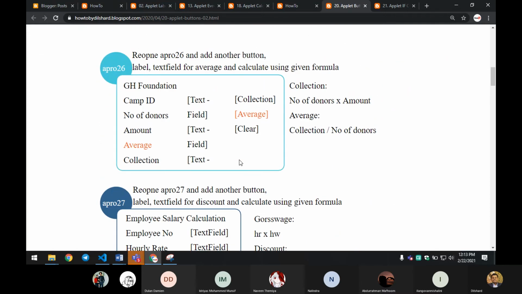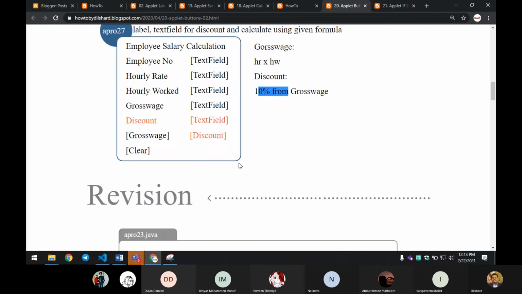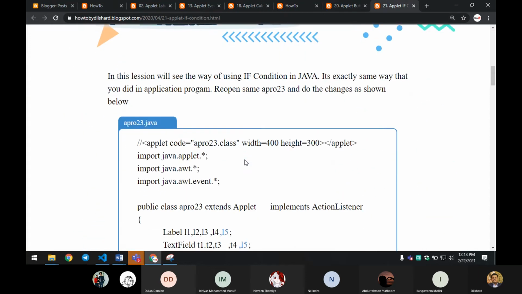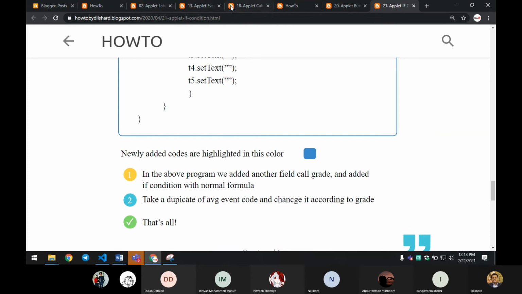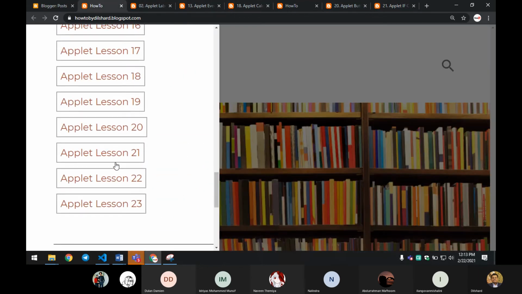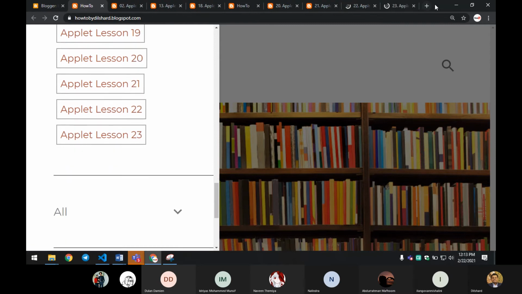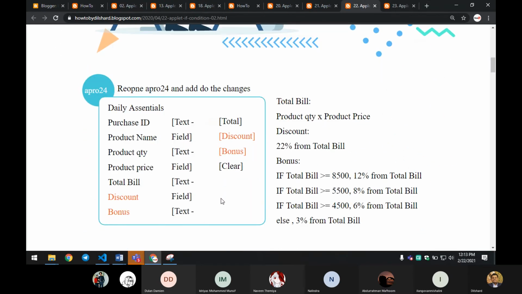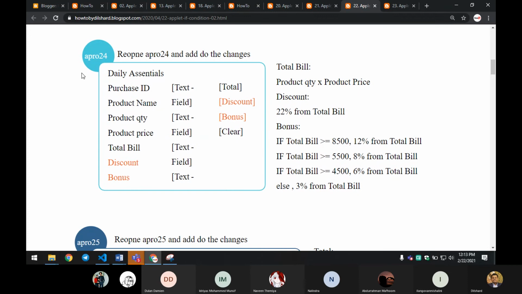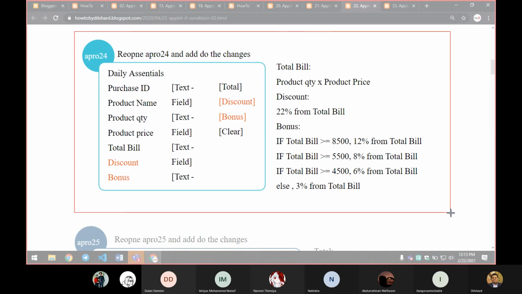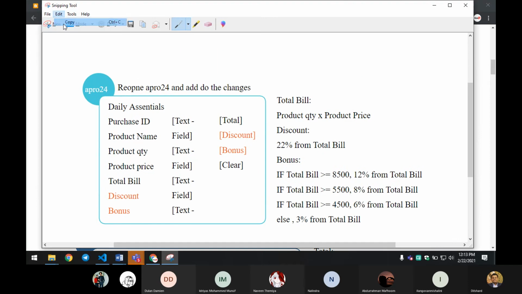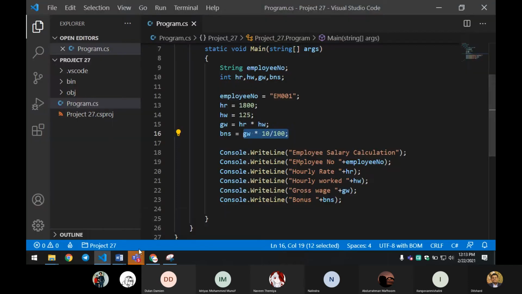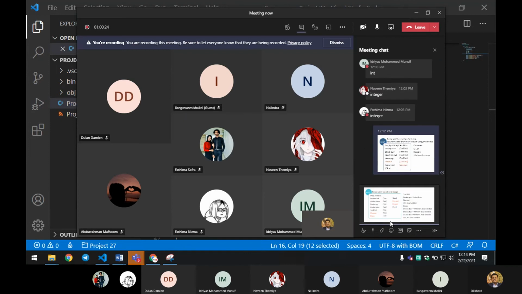Project 26 seems a bit basic. Go and check this, 21. We open 22 and 23; those are the last two. So we have to find at least two more projects. Maybe this 24. Project number 24, you're going to try these two. These are already completed in Java. So if you know the way of designing it using Java, then it is the same thing that you are doing.